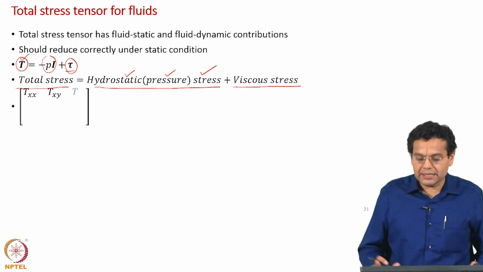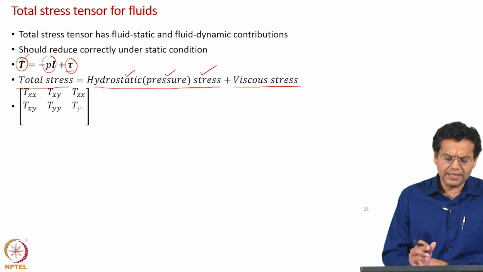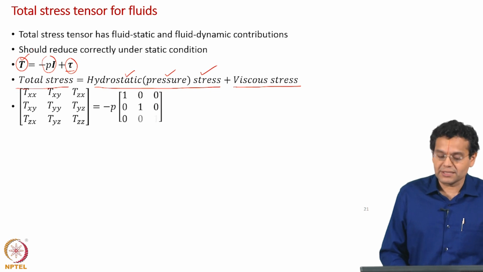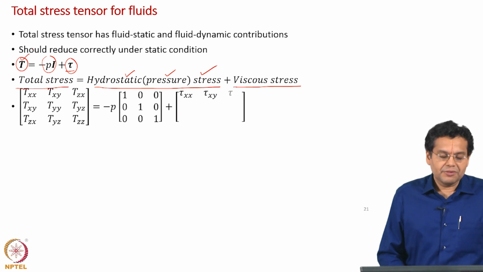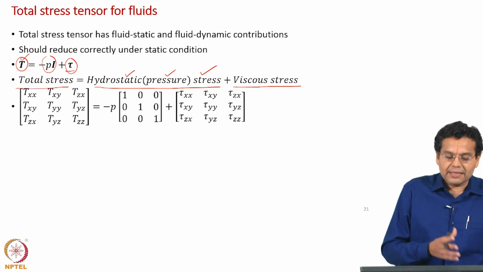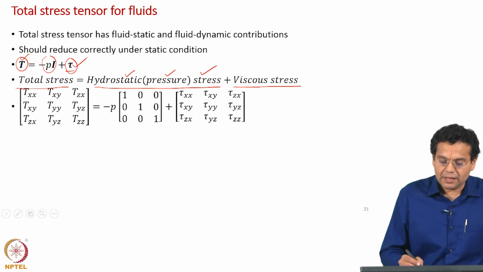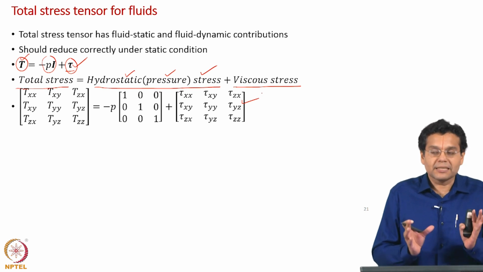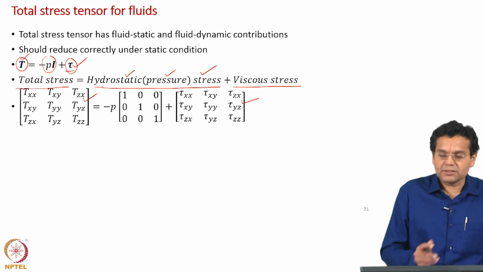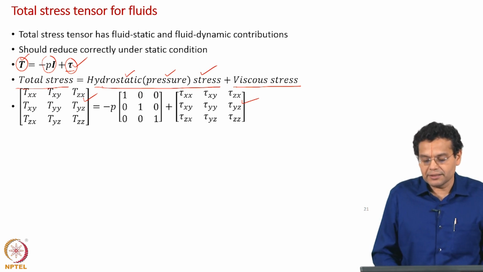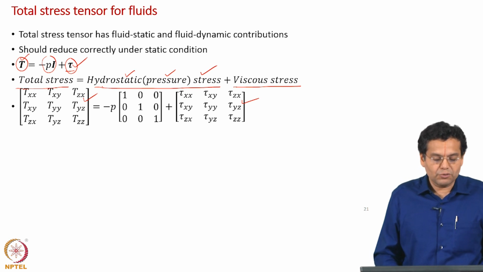So, now if you expand the left hand side, expressed in terms of the components of the total stress tensor, on the right hand side we have minus P; we have been talking about hydrostatic stress. Remember, the left hand side is, let us say, a tensor or matrix, and the right hand side has the viscous stress. Look at this, the components are very familiar to us, but these are viscous stresses in fluids, remember. Okay. These are viscous stresses in fluids, total stress components in fluids. So, both of them are 3 by 3 matrices, expressed in terms of tensors, but now pressure is a scalar.